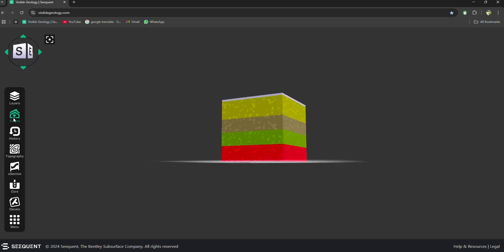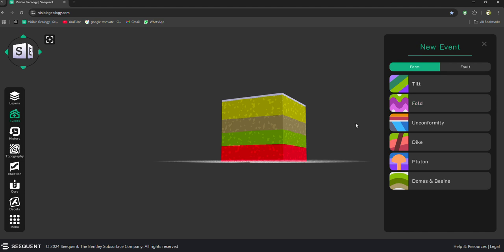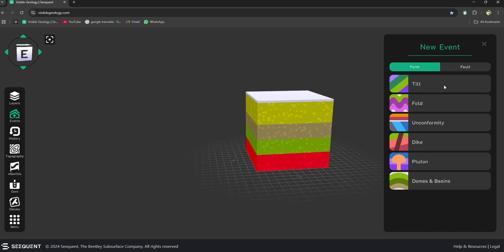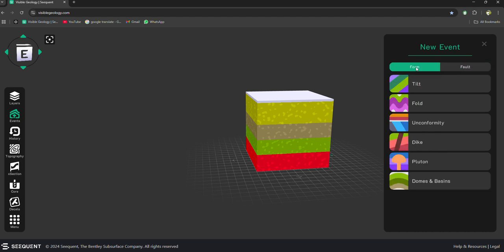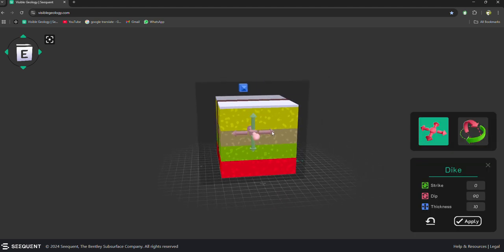Another option is the event option, where you can add events. For example, you can add a fault, such as a blind thrust fault, or an extensional environment of horst and graben structure, or a compressional structure. And you can also add tilting, folding, conformity, and dikes. For example, if I try the dike, so you can